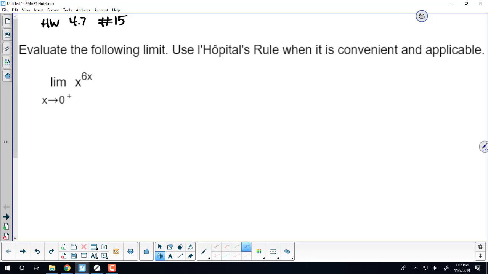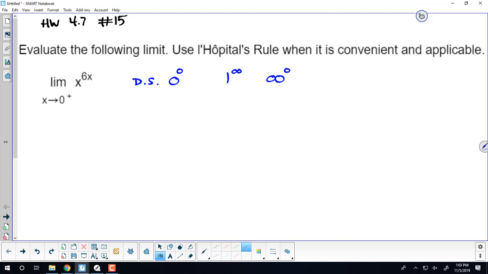So the first thing we want to do is evaluate the limit directly as x goes to 0 from the right. By direct substitution, we've got 0 to the 0. So that's like the third indeterminate form we looked at. And when you have limits of the form 0 to the 0, 1 to the infinity, and infinity to the 0, any of those three limits